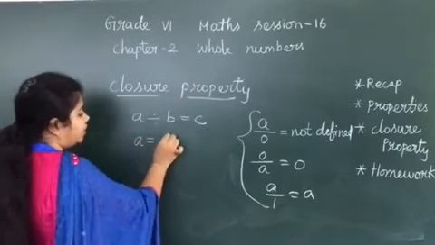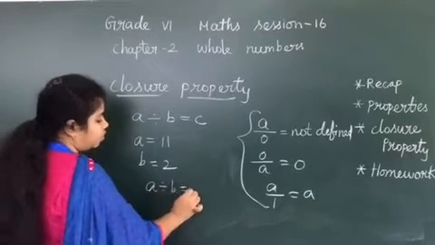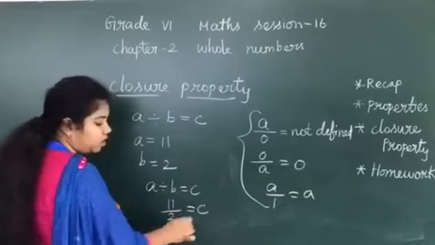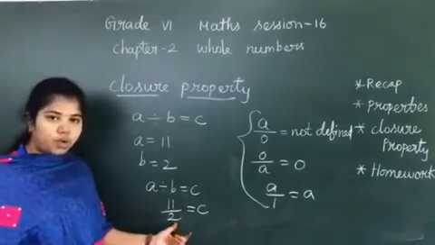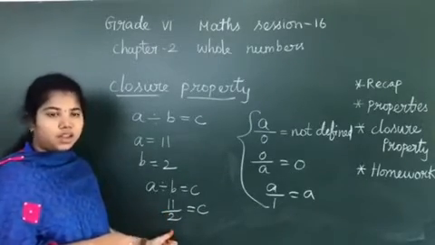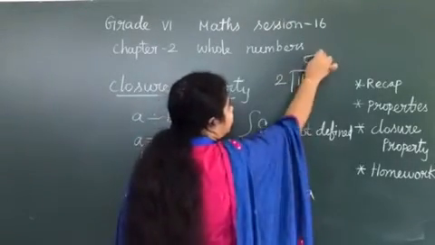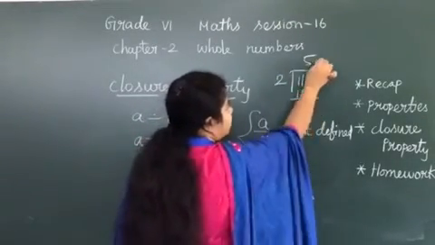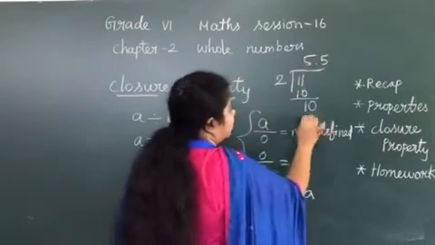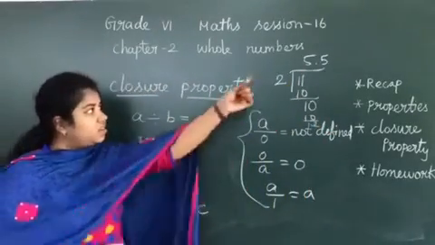Now let me take again. A is equal to 11, B is equal to 2. So A divided by B is equal to C. This is what we have to satisfy, right? So 11 divided by 2 is equal to C. Whether 11 by 2 is a whole number. Even if you cancel these, you will get a decimal only, right? So how will you do a division? 11 divided by 2: 5 2s are 10, 1 remainder, you will keep a point and have 0 here. So again 5 2s are 10, 0. So 5.5 is the answer for 11 by 2. It is a decimal one.